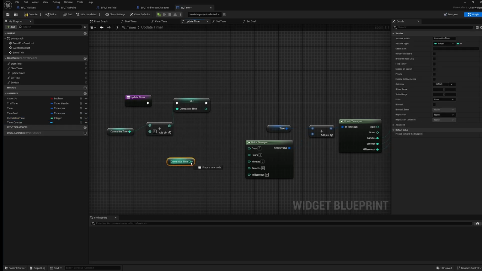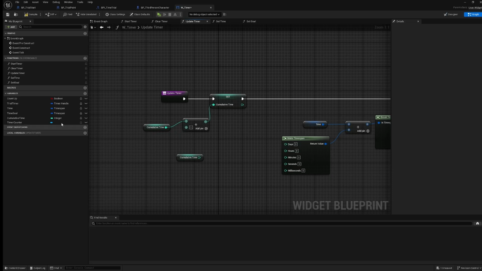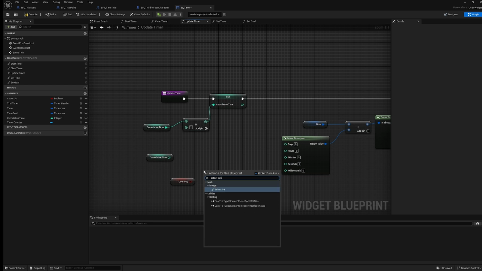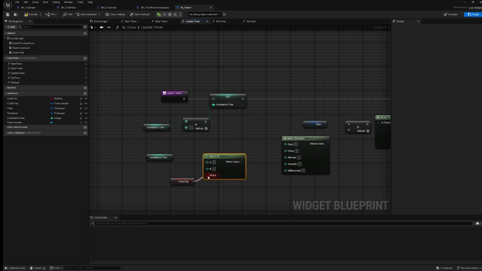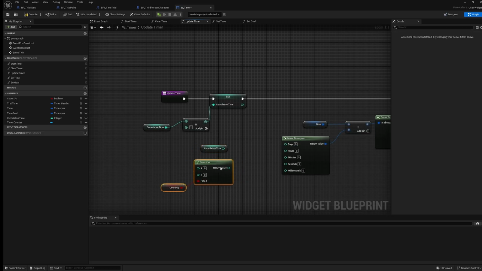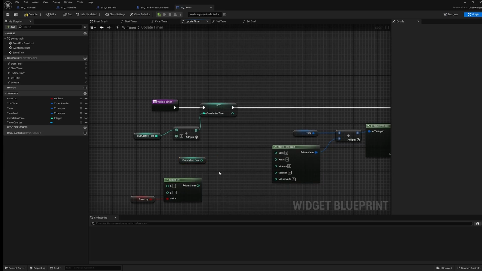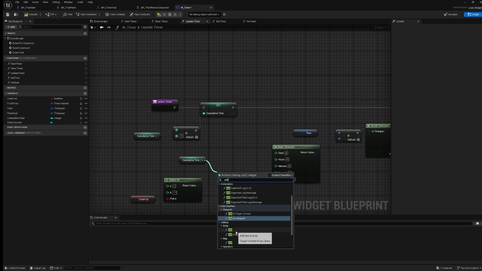And then take our cumulative time. And because we want to know if we're counting up or down, we'll have to drag in our count up. We will select integer, or select int. And if we are counting up, A will be 1. And if it's B, we'll be doing -1. Then we can add the cumulative time